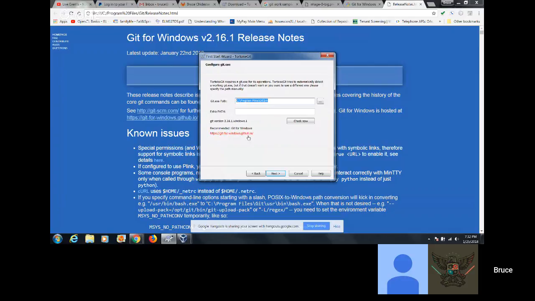Just leave all the Git stuff as default, wherever it wants to put program files. It's actually installing an application that does all the Git work for you, and TortoiseGit is basically a graphical wrapper that makes all those command line tools easy to use.